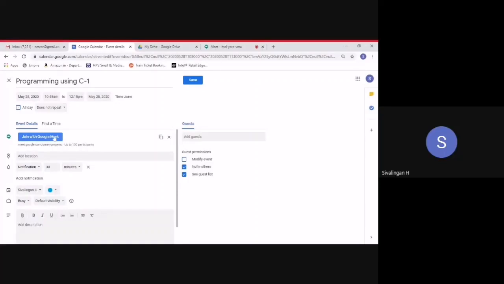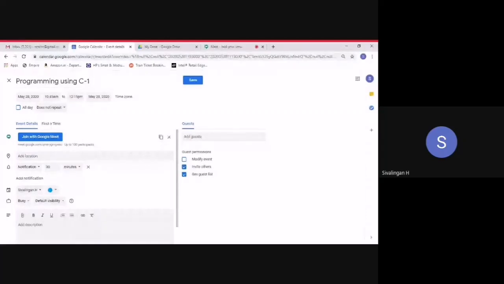You can see a meeting ID starting with meet.google.com, and also that there can be up to 100 participants when you are trying from your normal Gmail ID.